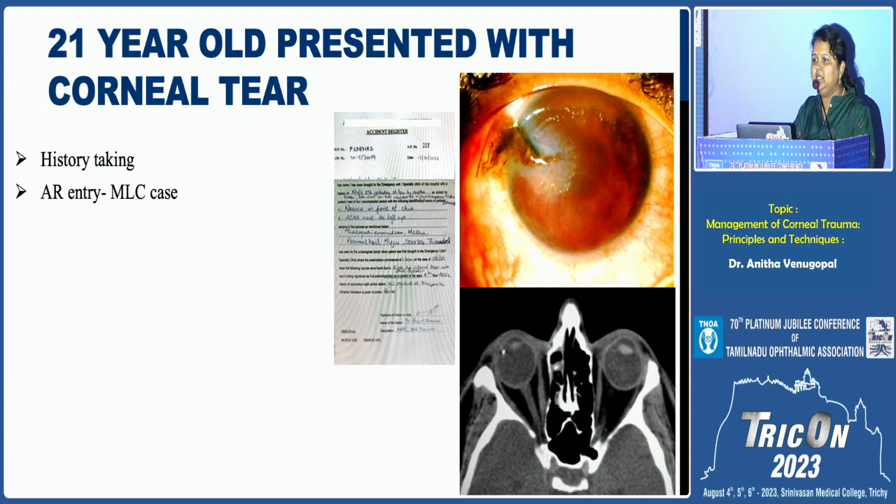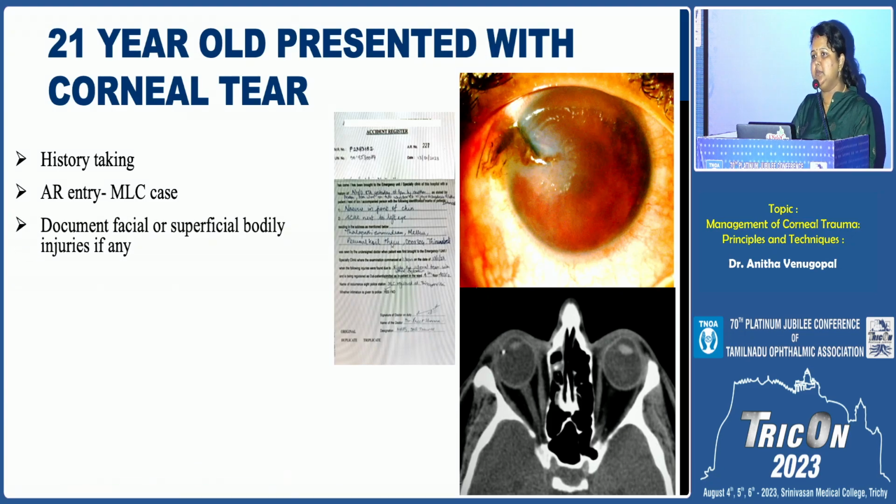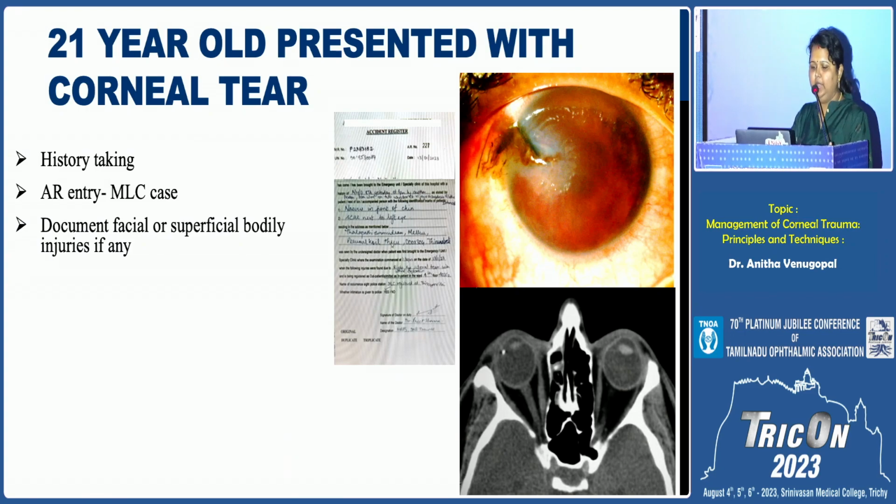It has to be entered in a correct method, and the identification marks of the patient have to be entered correctly. And general inspection of the whole patient, and document the facial and superficial bodily injuries, if any,